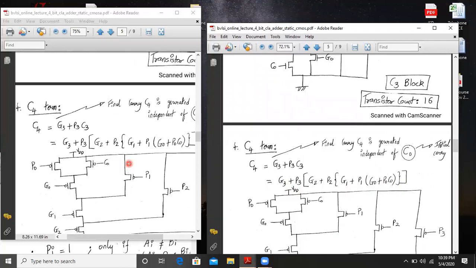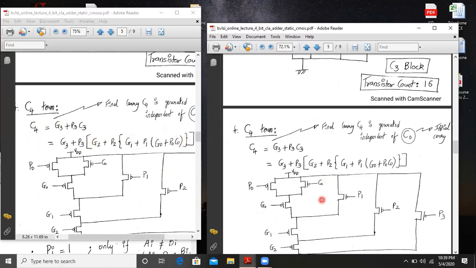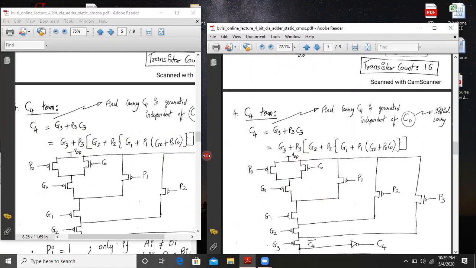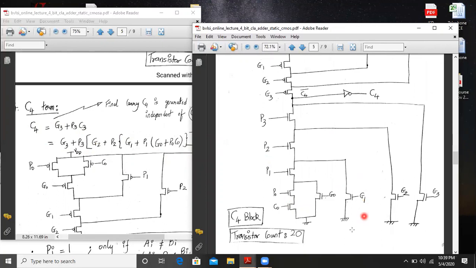I'll keep one PDF window open for this C4 expression, and on the left hand side I'll show you the implementation. So first we'll start with the pull down network. As you can see, it's a similar pattern we have to follow. First we start with the innermost expression, P0 C0.